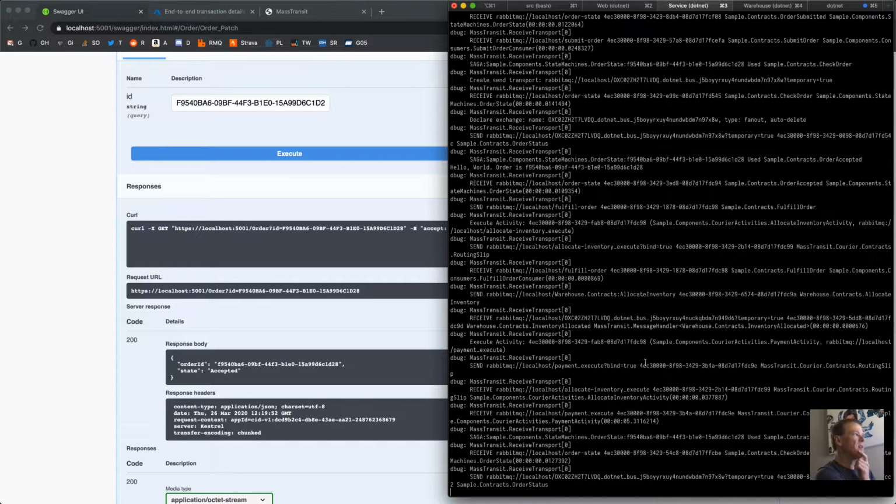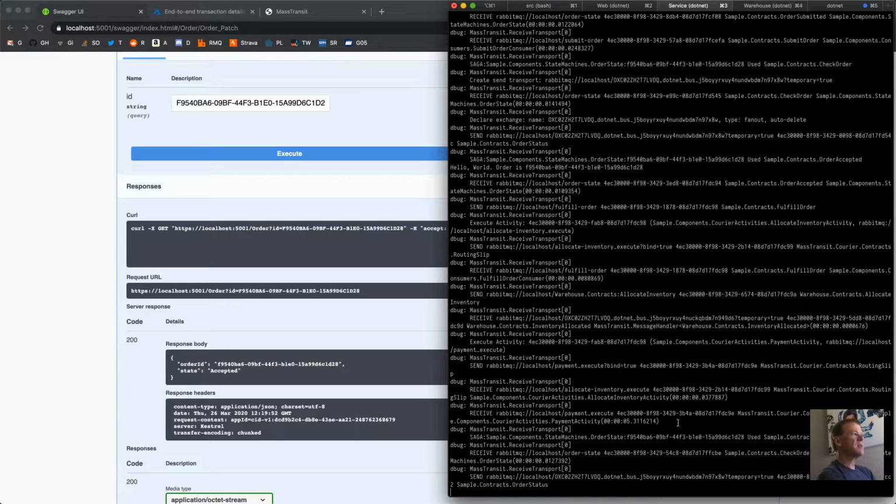The payment activity started to execute. We sent it to the execute payment. We were done with that, the allocate inventory execute message. We received on the payment execute the Saga component state machine order state. We used the check order. So the payment activity executed and it completed, but because we didn't,